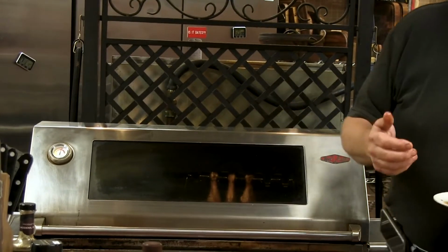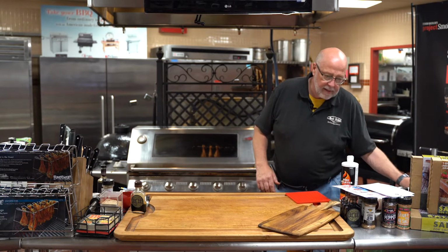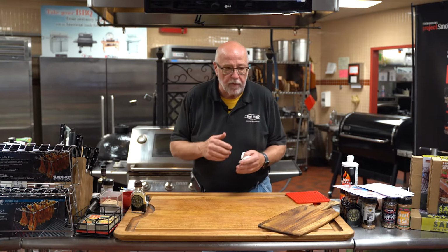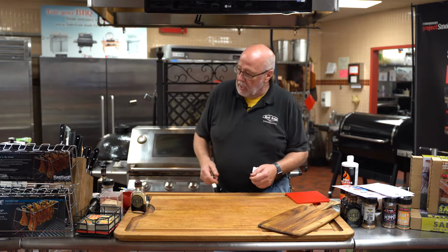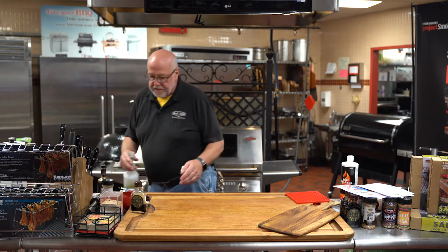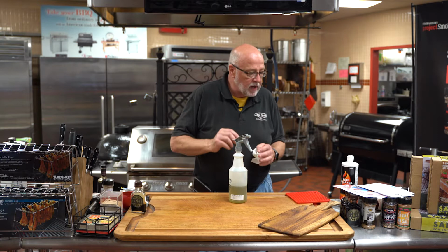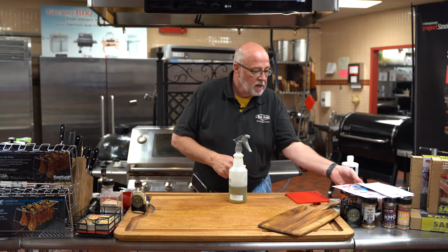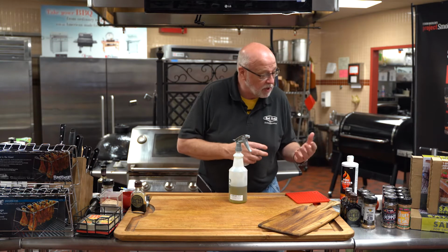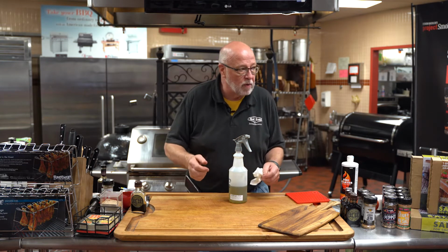Now you walk away. So we'd wait for those to be about halfway done, and once they got up to say 125 internal temp on the meat, we're going to pull them, and we're going to use our grapeseed oil spritzer, and we're going to pull them out and spritz them with grapeseed oil. That way they've got a nice coating. That's going to help them char sear so that they've got a better sear and a better crispy skin crust on the outside. Then we're going to do a dusting of our jam and jerk all over them,